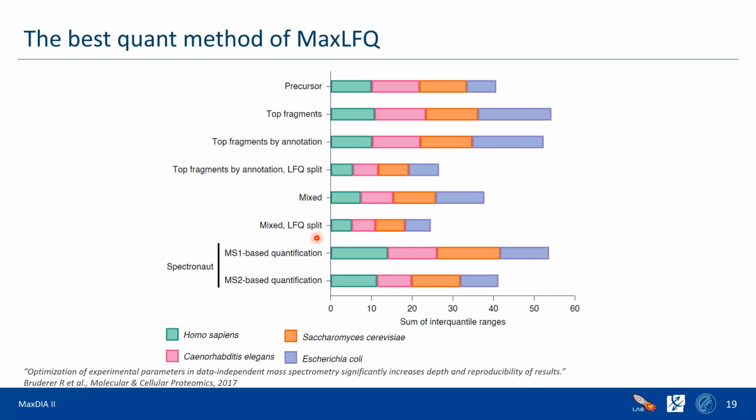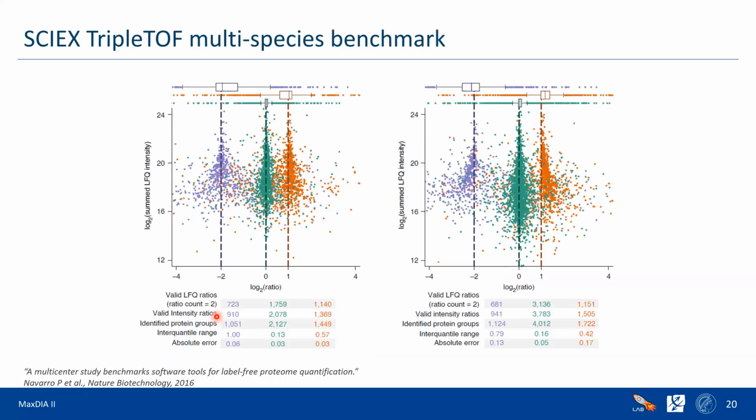So all this quantification improvement was done on the Orbitrap data with 4 species. But what about the other platforms, other vendors? We found out that on SCIEX we actually perform as well. So on the left side, we use the library,